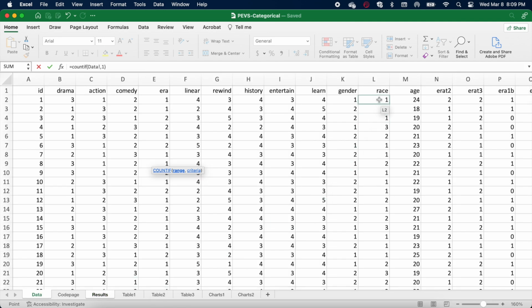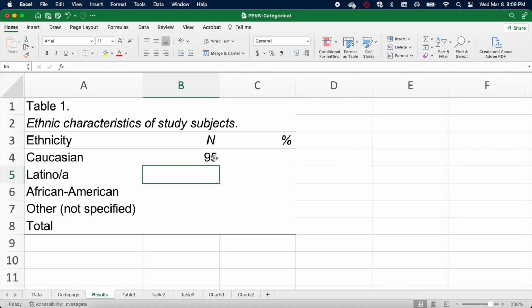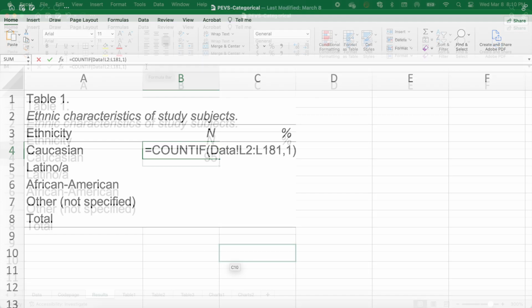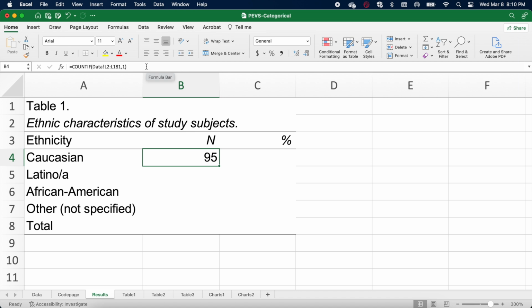Click on the Data tab, and select the range of data, which corresponds to the label being counted, in this example, race. Hit Enter. You will notice the change in the formula on the results worksheet in the formula bar at the top. The revised formula is as shown. However, now the count of Caucasians result shows in the cell. From this point, you can copy and paste the formula to other appropriate cells on the results worksheet. However, keep in mind that you will have to edit the formula for changes to range and criterion.